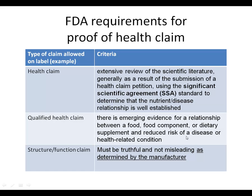But for health claims and qualified health claims, the criteria are pretty exacting. So to support a health claim, the FDA requires that the manufacturers submit to them the claims they hope to get approved. And what the FDA will do is take their filing, and if they agree to hear it, because they have limited resources, they will get together a panel of experts who will go through and do a scientific literature review. They will pull all of the articles, probably using PubMed and Medline, just like you did. So they will go and find all of the articles that are relevant to the topic,